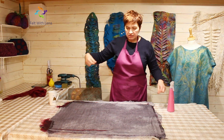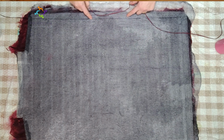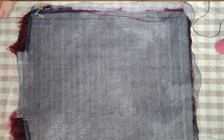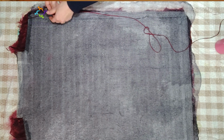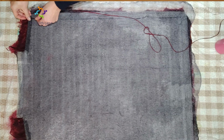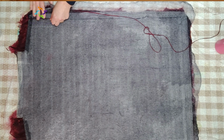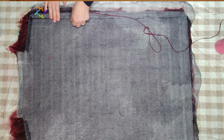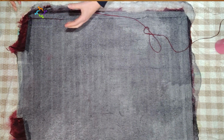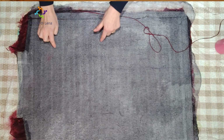So the way I do it, for example, you can see we have this line. This is a garment with open sides. I'll show you when I finish. Because this is an open side and I want this super straight, I'm going to use this woven. I've done one side, and I'm going to put this. This silk is wet, woven wet, and I'm just pressing. Before I'm pressing, I'm twisting this woven, okay. Why am I twisting? Because I really need to embed this woven into our silk and even into our foam